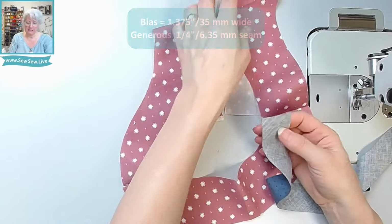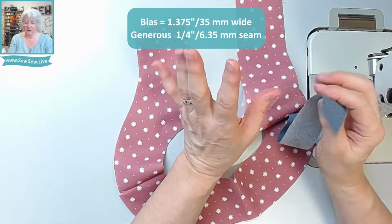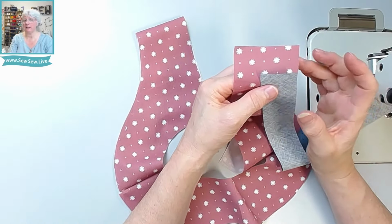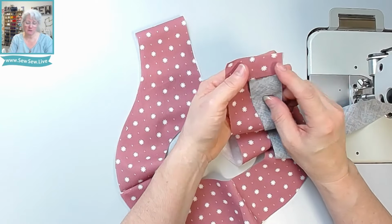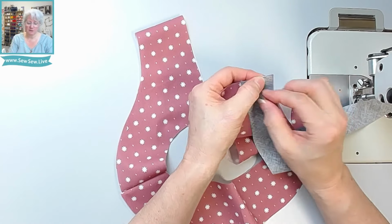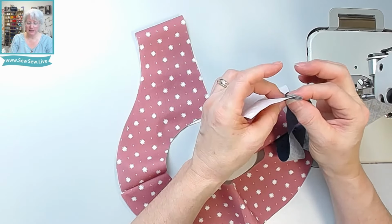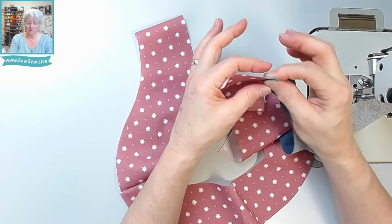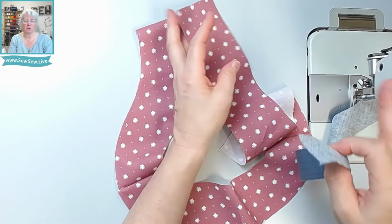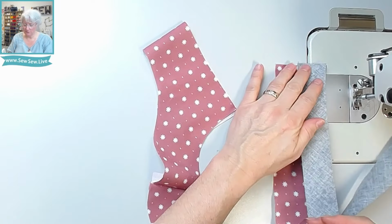I'm using a bias binding that is 1 3/8 inch wide, or 35 millimeters. So I say pick something that's going to be roughly 4 times the width of your finished seam. I'm going to use a 1/4 inch seam on my Hong Kong finish, and that'll give us enough to sew our seam, turn it, wrap it, pass by again, and we'll have a little bit extra there, which is a little wider than I plan on sewing it. So I would go a little wider, especially if you're doing curves, because it'll give you a little bit more leeway. All right, so I'm going to go all the way around with a 1/4 inch seam,